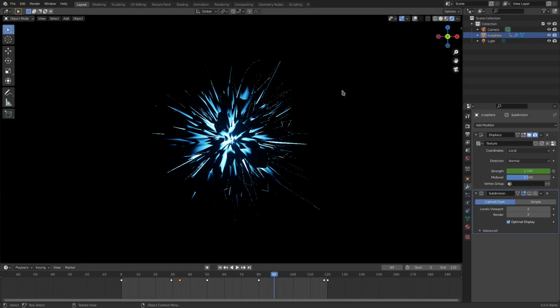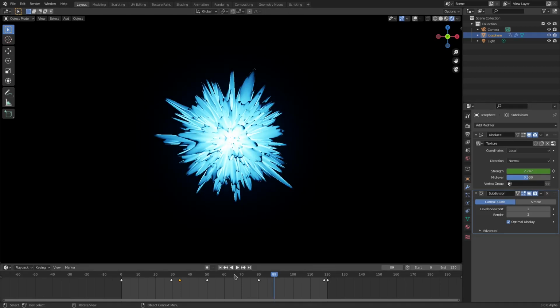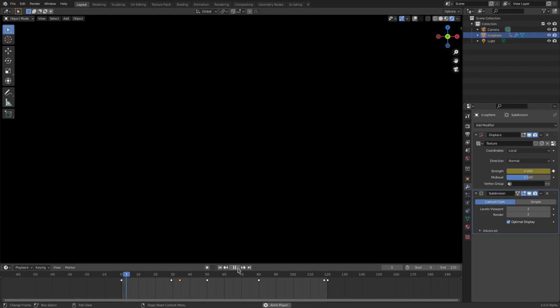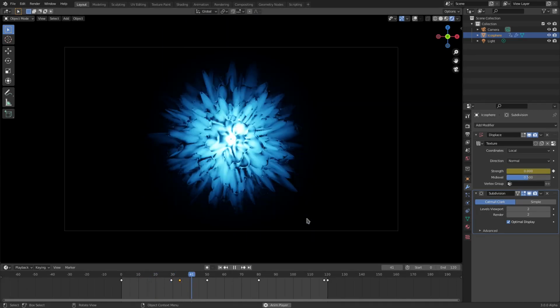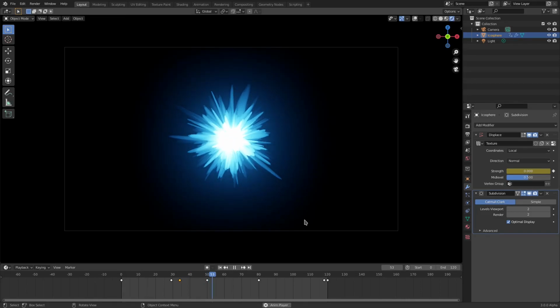So the final thing that I want to do before this tutorial is over is duplicate this and add a wireframe and do a couple things with animation, make it look really cool and polish it off. So make sure when you have this selected, make sure the camera is checked on, or else it won't render properly. It will render weird. So with the subdivision surface on, it looks like this. You can choose to have it on or off. It is lagging, as you can see, because it's taking a lot more time. But it looks like this with the subdivision on.